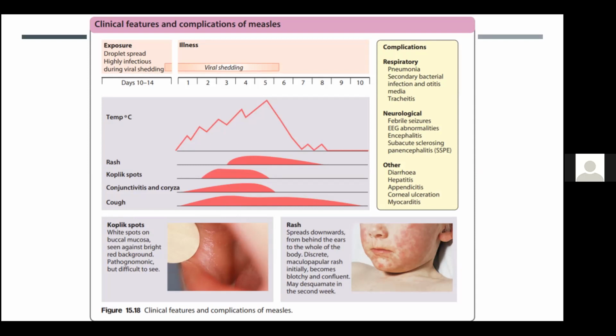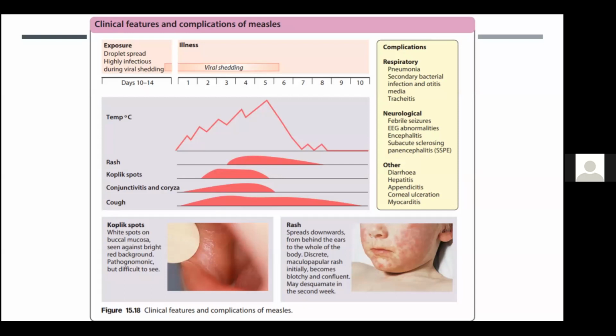And the dreaded complication we're all worried about is subacute sclerosing panencephalitis, or SSPE. This can occur 2 to 10 years after the child had measles, and it presents with change in personality. They can get myoclonic jerks, and they get regression of milestones, and it's universally fatal. It occurs only in 1 in 100,000, but there is no treatment for it, and it's diagnosed by getting measles